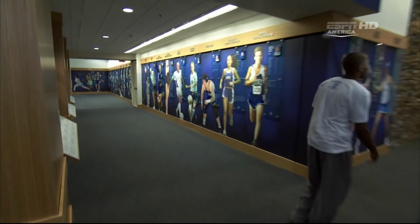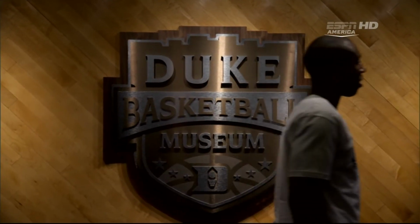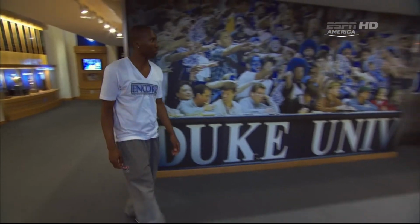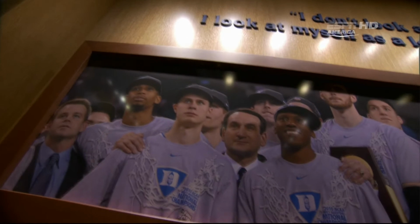They just opened this up, I think, a couple days ago. So it's something now we can all come and look at and learn more about the history of Duke basketball. I can come and see the players that came before me. Got a lot of stuff going on in here with all the trophies, Coach K's accomplishments, everything that he's done